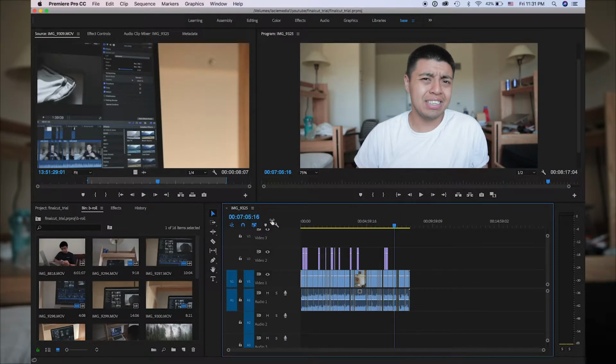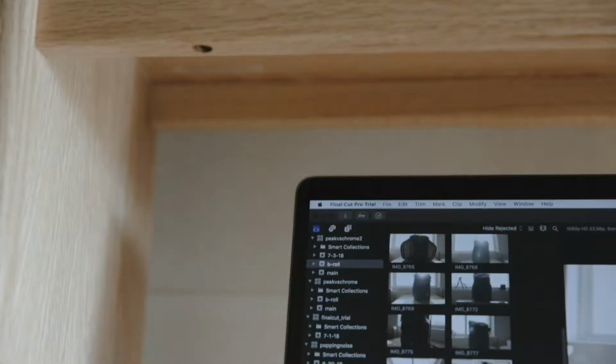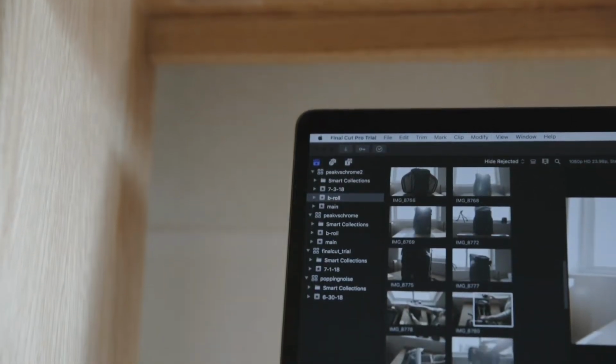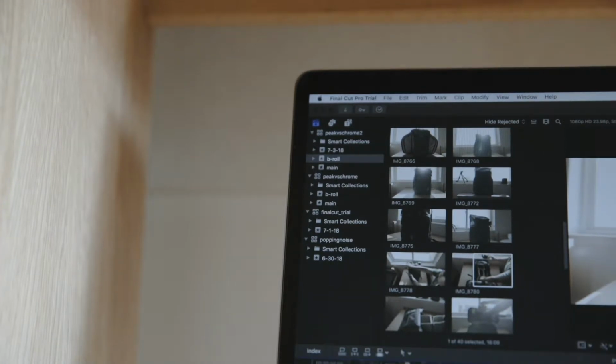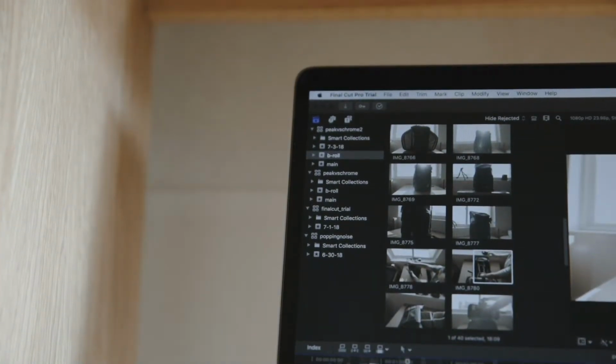Now, in a sense, as we move through this review, I realized that I'm talking a lot about user interface, and user interface within Premiere and Final Cut is extremely different. And I realized this as I was moving one thing to another, as I was doing certain actions that I kind of struggled with in Premiere. Final Cut really improved on those. And user interface is one of those things that the moment you do something faster one way, you don't want to go back to the other.